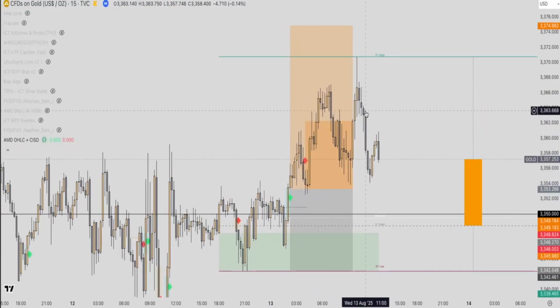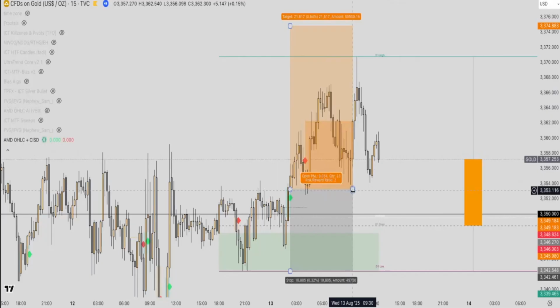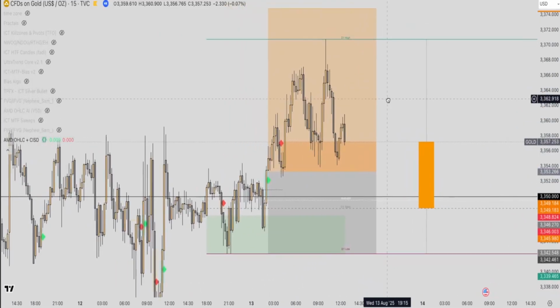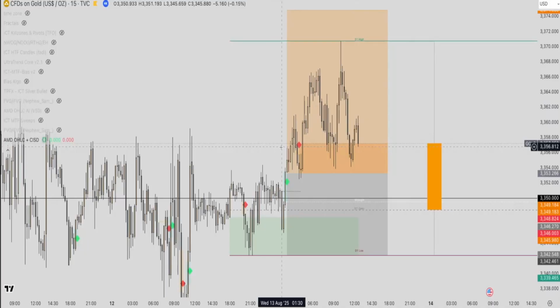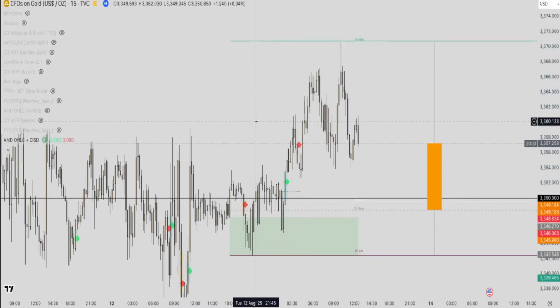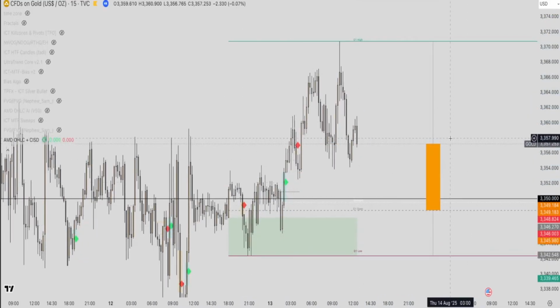So you see what I mean? I'm not necessarily going to be using this just to execute. I'm combining it now with the next thing, which is the change in the state of delivery. Hope it makes sense. You can actually try to execute this. I will be posting more videos on how to use this if you want to execute. Meanwhile, let's go ahead and go back to our